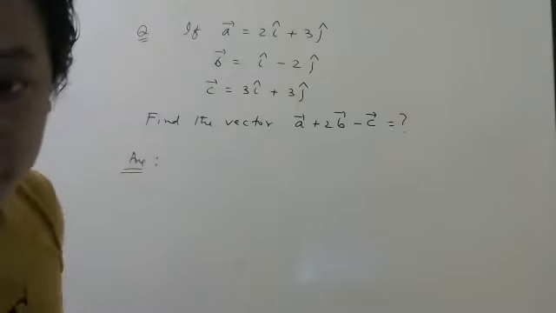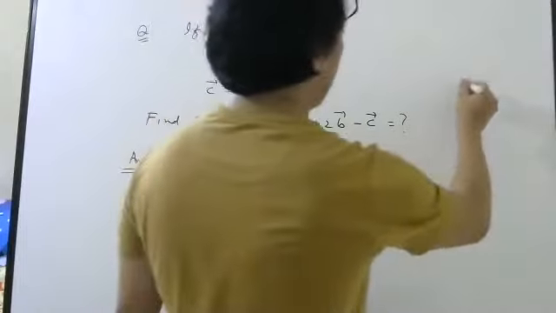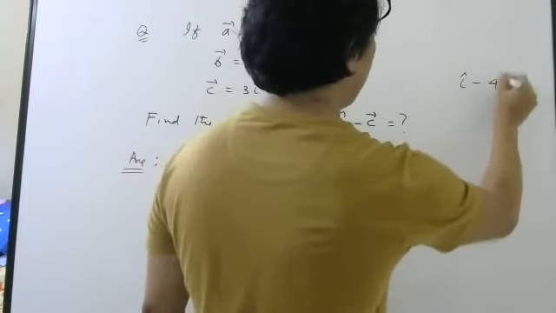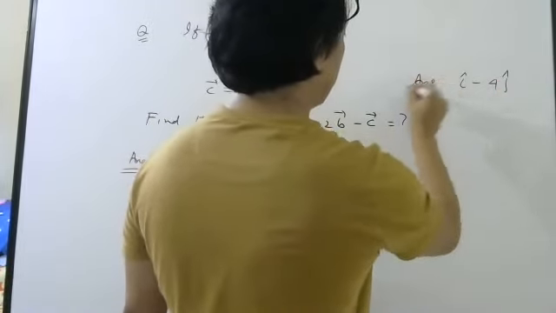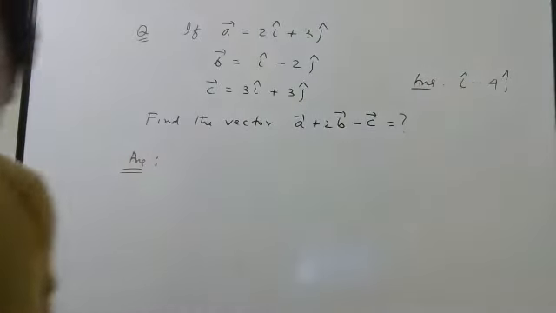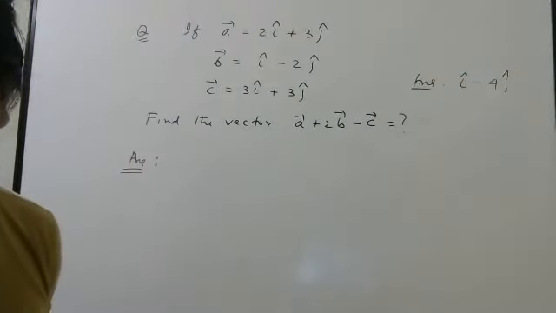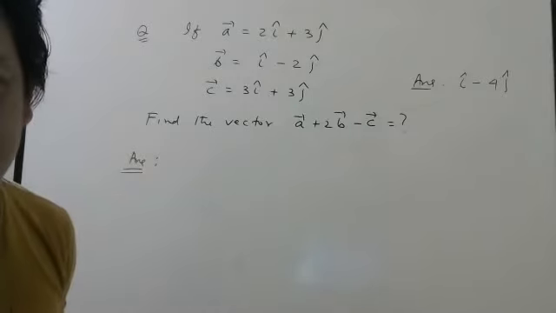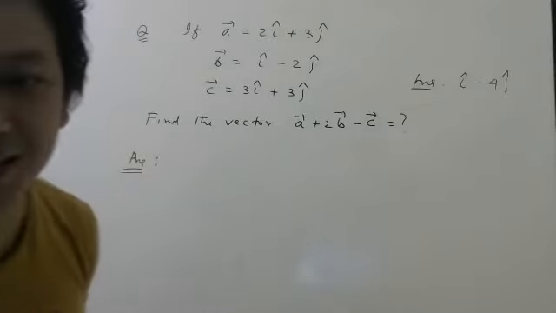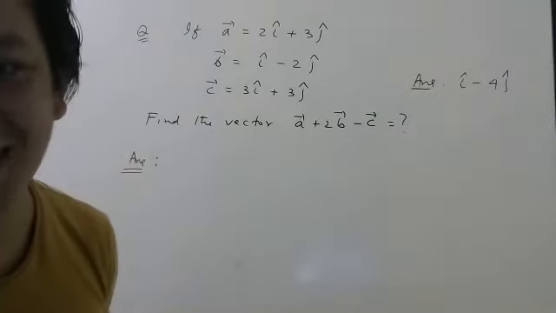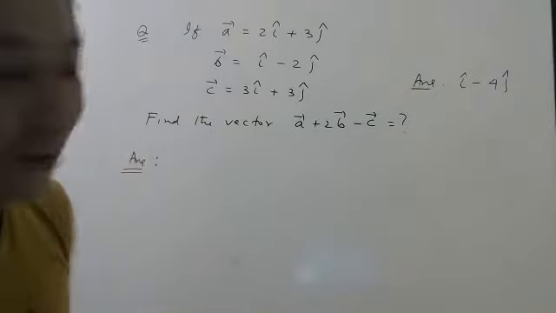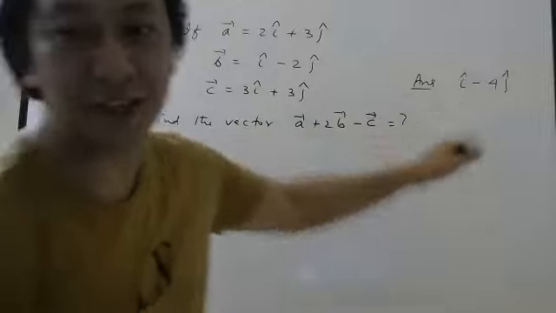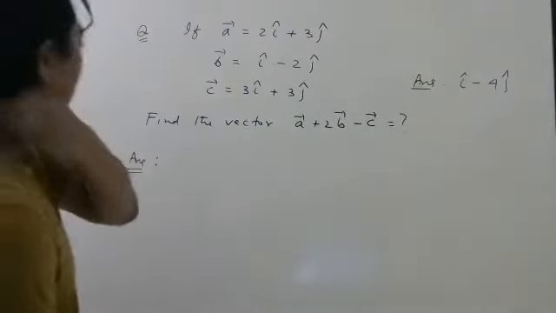I cap minus 4j cap. I cap minus 4j. That is the answer some students are saying. I will check. Students, don't write "cap", it will take time for you to write. I know it is already difficult for all of you. Somebody is writing it correctly. Okay, Janani, very good. Since all of you are getting the same answer, it must be correct, but let me just quickly do it.